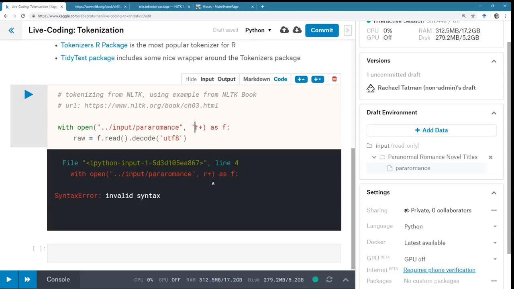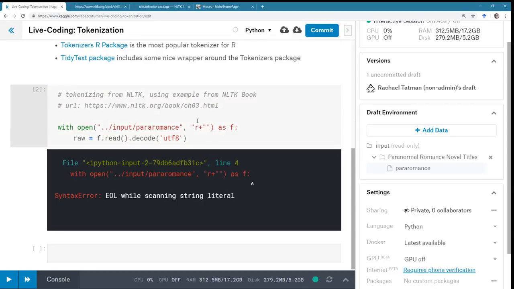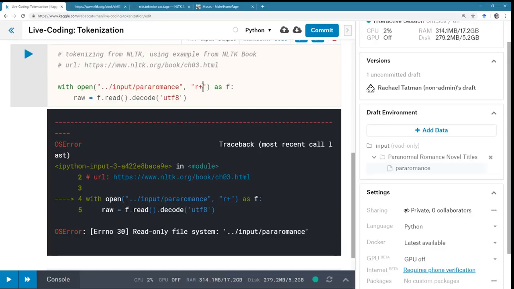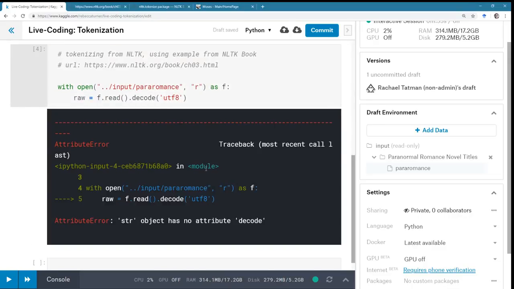Oh, you know what? I bet this is supposed to be in quotes. Of course, I should have the quotes correct. Read-only file system. Oh, it's the plus. String object has no attribute decode.